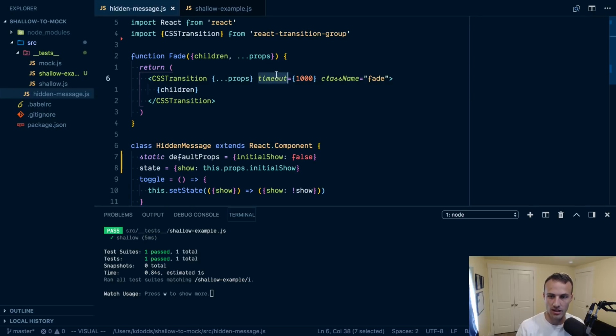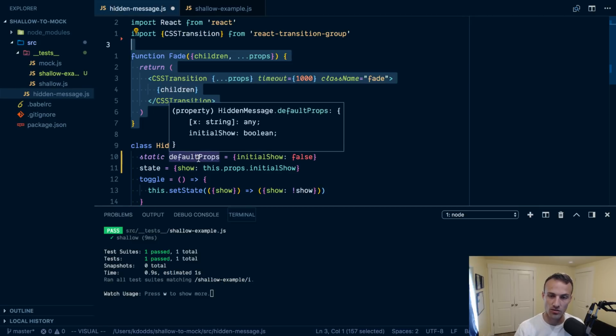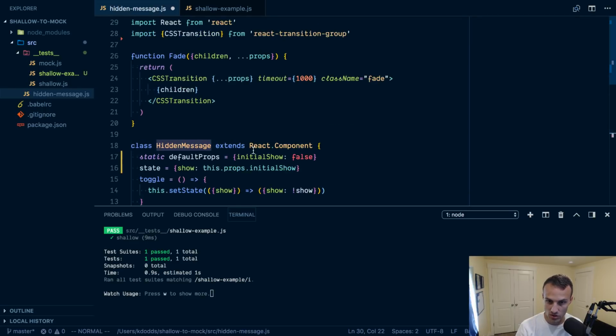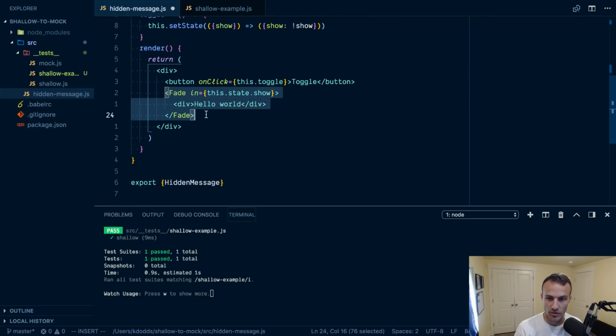Like I could change this to have a typo and my test still pass, and I have no way with shallow rendering to verify that I'm actually using CSS transition properly. What you'd have to do is you'd extract this to another file and unit test that thing, or you'd just export this thing for testing purposes only, and then unit test this thing to make sure that it's using CSS transition properly. Another thing you could do is just take this and inline it directly here,